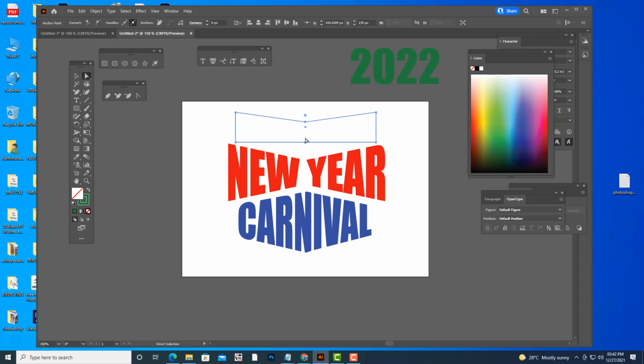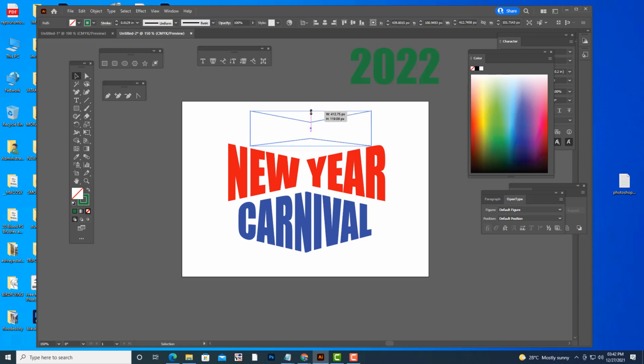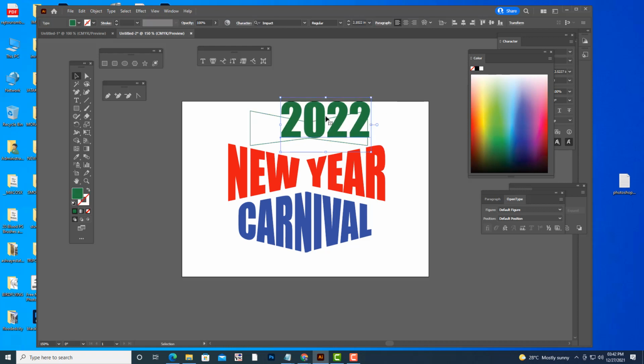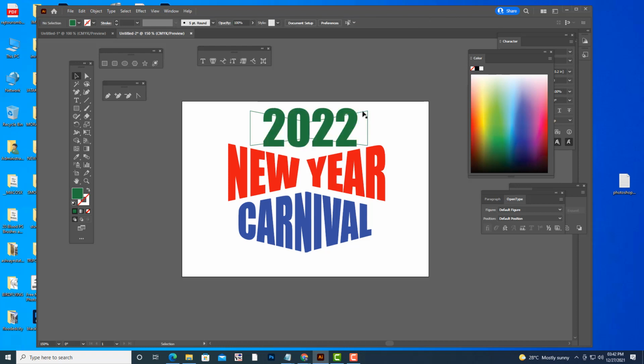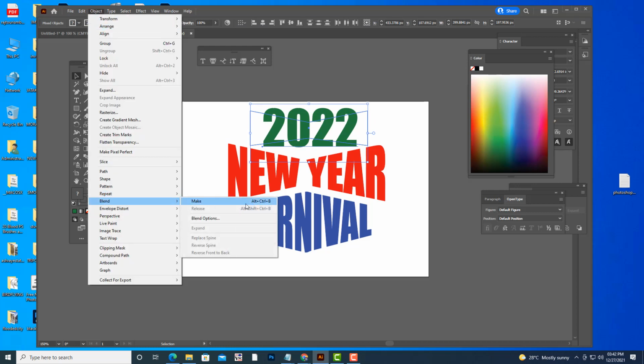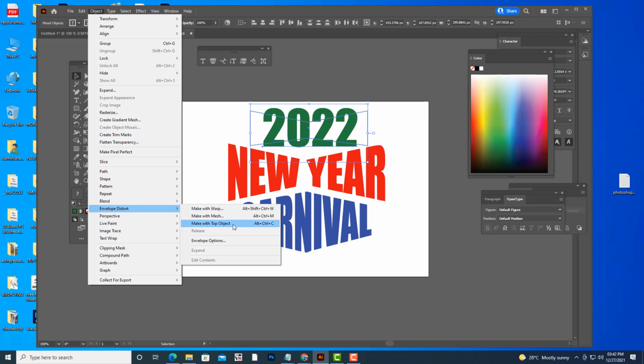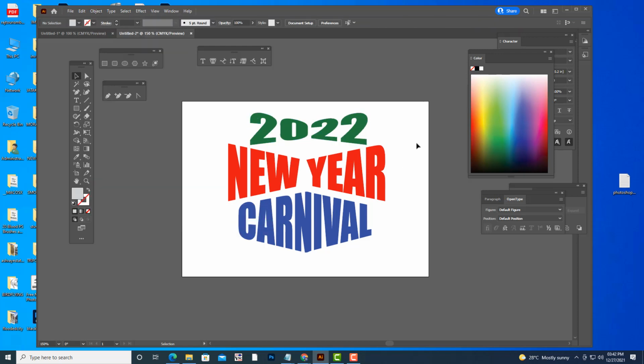Then bring it here. The shape is in front only, so select both the text and shape, and then go to object, envelope distort, make with top object, or something like this. See.